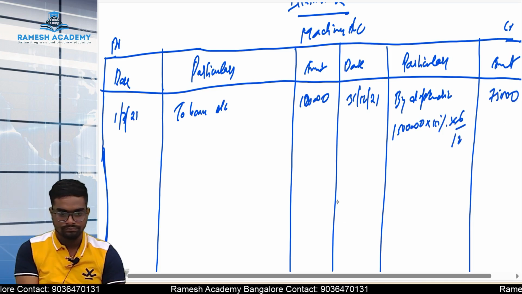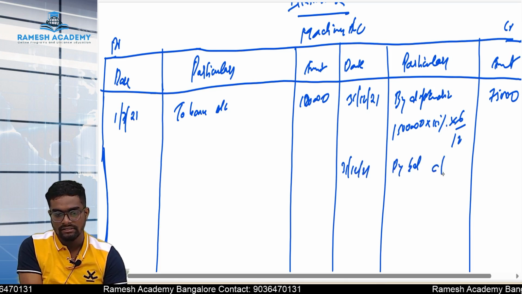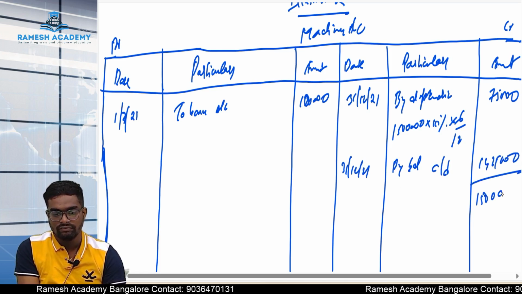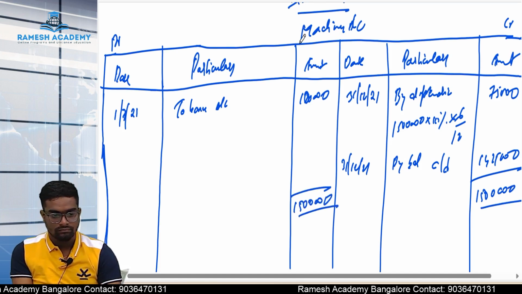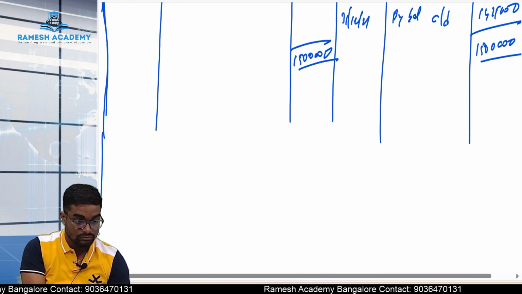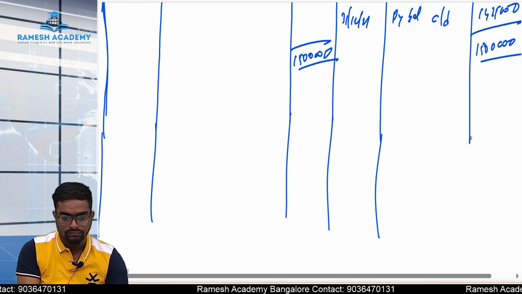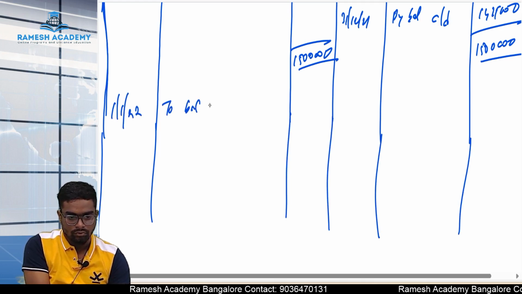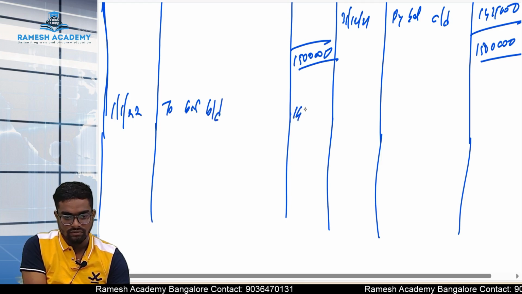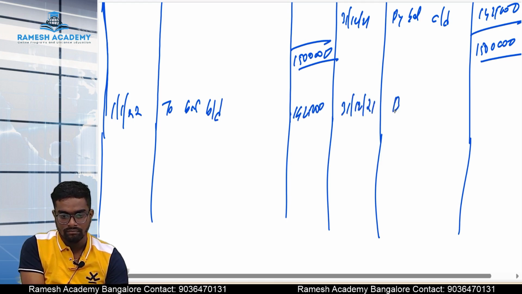Okay, on 31st December 22, by balance carried down 14 lakh 25,000. So it is 15 lakh, 15 lakh. Okay, now the actual depreciation will come into picture, which is the reducing balance value. So 1/1/22, to balance brought down 14 lakh 25,000. So 31st December 21, by